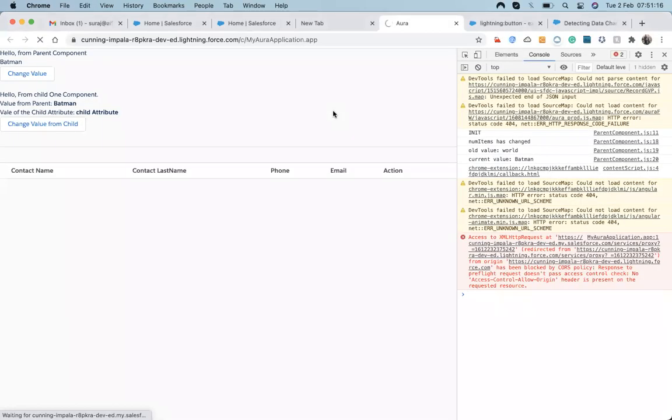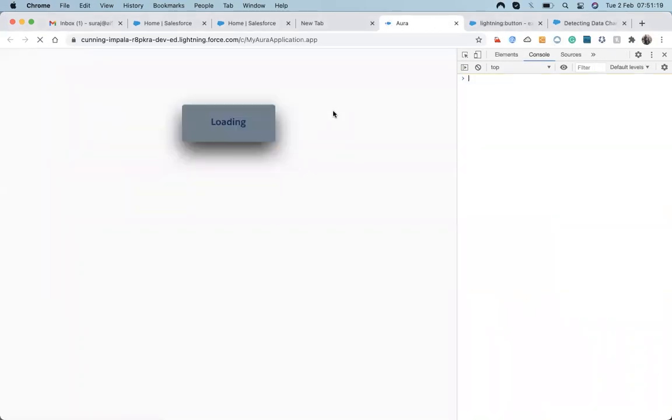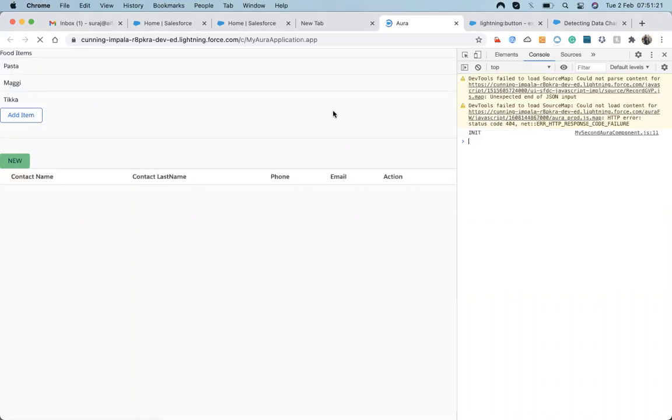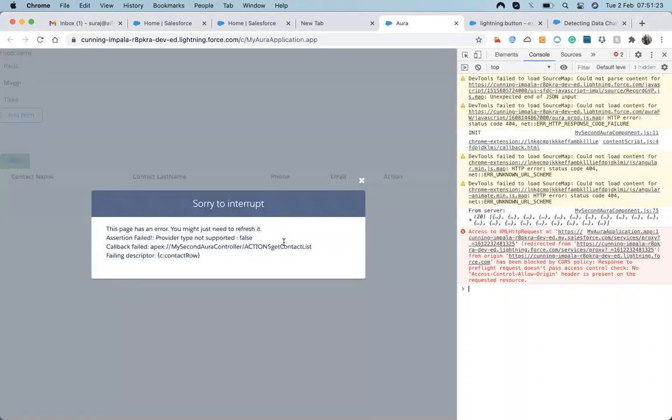Okay, I do the preview. Provided not supported, false.